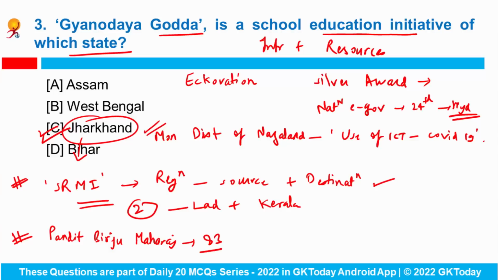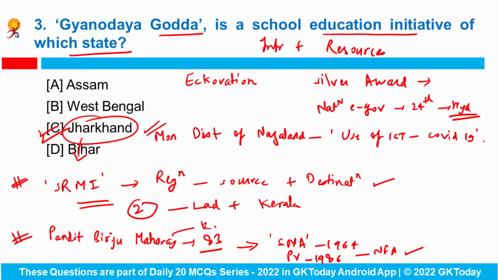Now apart from it, legendary Kathak dancer Pandit Birju Maharaj passed away recently at the age of 83. And also he is known as Pandit Ji and Maharaj Ji by his disciples. So he is regarded as one of India's best known artists. Also he was awarded the Sangeet Natak Academy Award in the year 1964 and Padma Vibhushan in 1986. Also he was awarded the National Film Award for Best Choreography. Okay. So you can be asked that Pandit Birju Maharaj, who passed away recently, was associated with which dance?